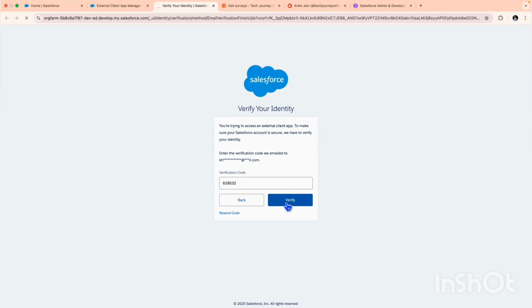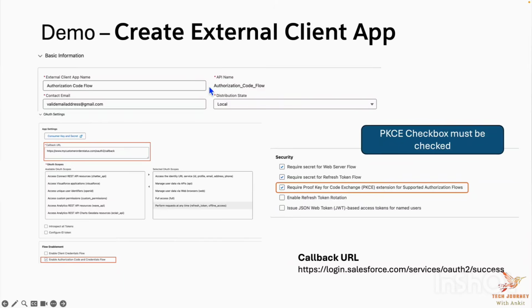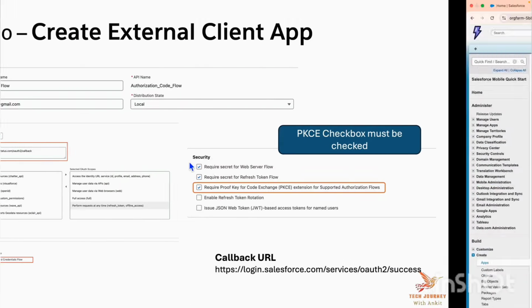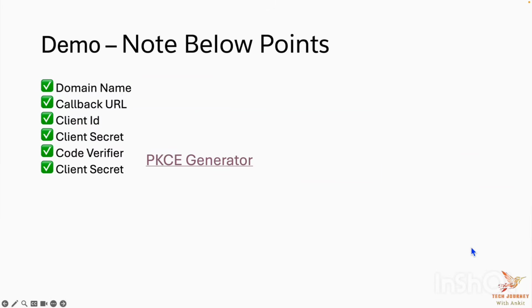So these are the output that we will be getting as a part of our external client tab. You can see the client ID and the client secret has been generated. So this is the very first step that you will do. Make sure that the PKCE checkbox is checked. Now we have to make sure that we do have all those things before we go for the further step. We should have the domain name, callback URL, client ID, client secret key, all those details should be with you